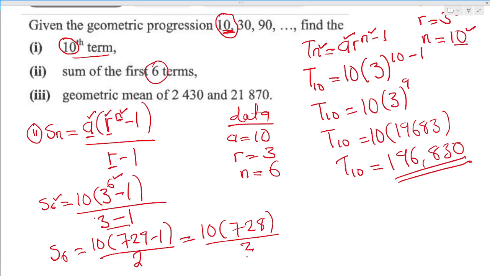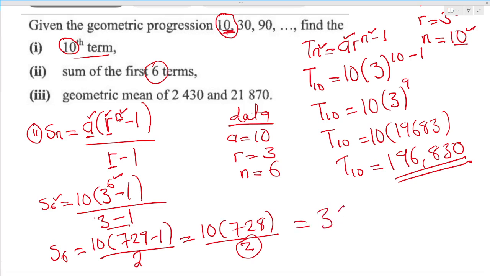At this point, we can now use our calculator. So we can simply say 10 times 728. You press equals, it gives you 7,280, and then you divide by these 2 right there. Okay, divided by 2. What do you get? We get